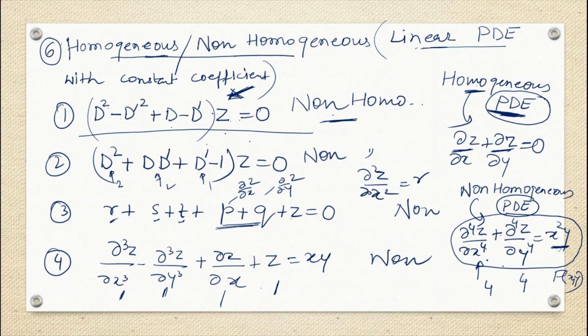So we need to be a little bit careful between these two definitions which we always see. This definition is totally for general PDE, and what we check when we look at each and every term's order, the order of the partial derivatives, whether it is the same or not, is to check homogeneous or non-homogeneous linear PDE with constant coefficient. We are focusing on this because in the next class we have to see the solution of this type of non-homogeneous linear PDE with constant coefficient, using the method called the direct integration method.